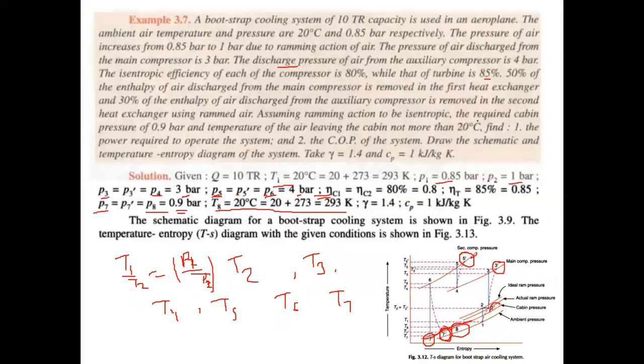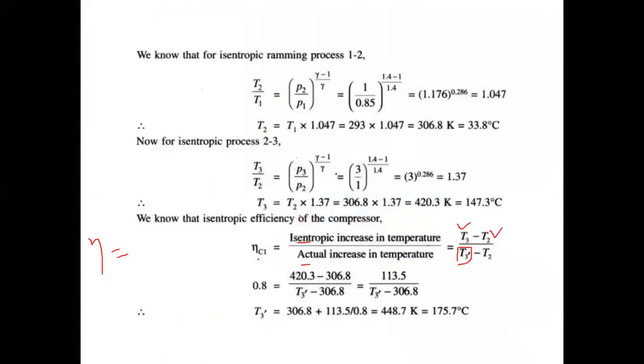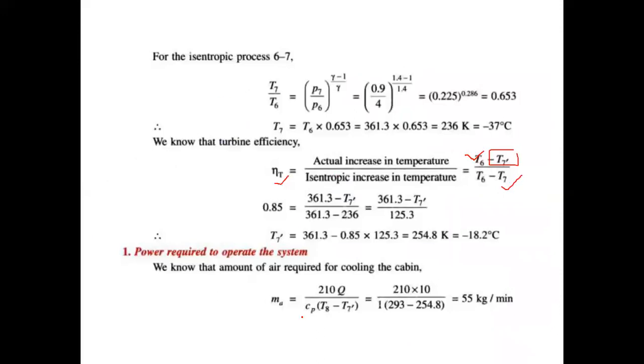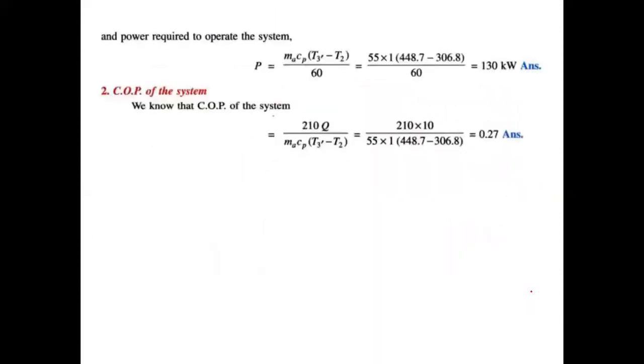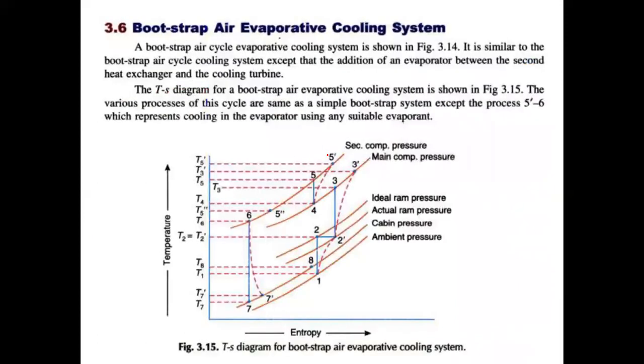तो वो बोल रहे हैं पावर एंड COP। ठीक है, तो पावर और COP फाइंड आउट करने के लिए आपको उसने पहले स्टेटमेंट दिया था कि आपको सबसे पहले मास फ्लो रेट निकालना है। तो मास फ्लो रेट कितना होगा, तो मास फ्लो रेट आपके RE के फॉर्मूले से जनरेट होगा। तो RE मतलब 210 इंटू 10 टू द पावर थ्री लिखा हुआ है, डिवाइडेड बाई CP की वैल्यू देकर रखी है। T8 और T7 डैश आपके पास गिवन है, जिससे आप मास फ्लो रेट निकाल लोगे। अब मास फ्लो रेट निकालने के बाद पावर रिक्वायर्ड कितनी है, तो पावर इज इक्वल टू m CP (T3 डैश माइनस T2) डिवाइडेड बाई 60। इसके बेसिस पे आपका पावर कितना रिक्वायर्ड है वो आप फाइंड आउट कर लोगे। अल्टीमेटली इससे आप COP ऑफ द सिस्टम निकाल सकते हैं।